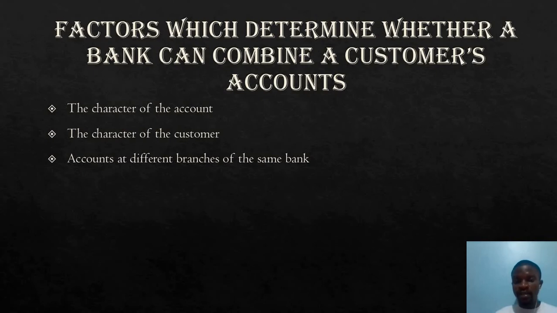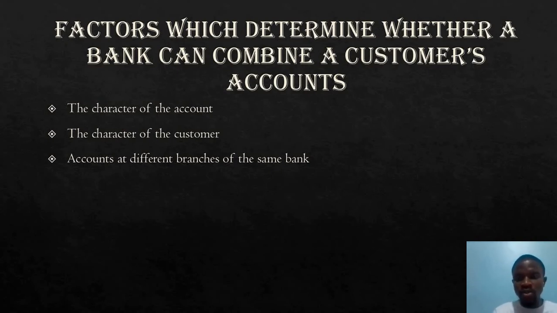Some of you are leaders in student organizations. If you take a loan from the bank on your personal accord, the bank is not going to say, oh, this person is a signatory to this account, I am going to take money from the account of the organization, which this person is a signatory to, and pay back the loan that this person is holding. Why? Because the character of the account is different. Now, there are doctrinal disputes which Igwe in his book takes care of, and I urge you to look that up.